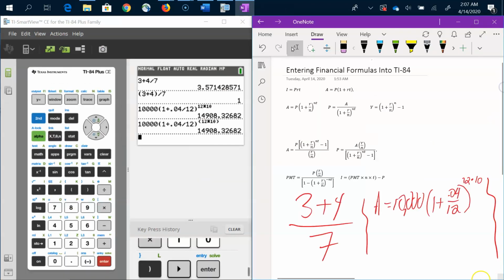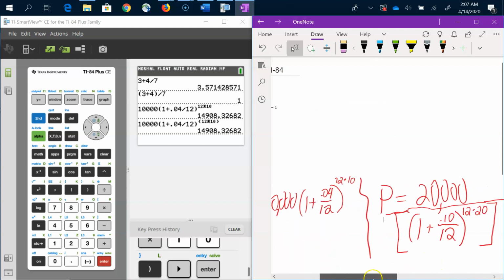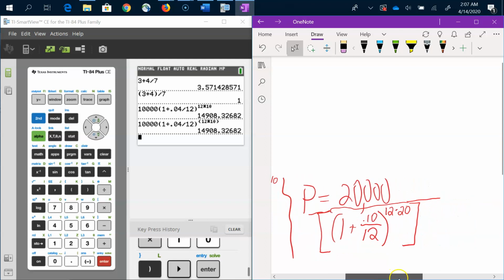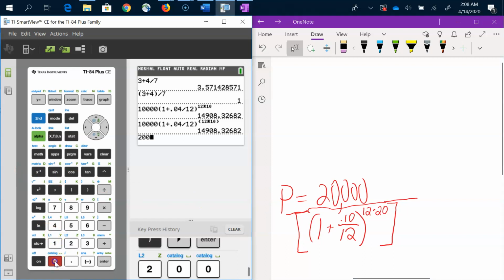Move this back over, and oops, let me see if I can center that without causing too much of a stir there. There we go. So I've got 20,000 as the first item. This would be a formula that you would use if you wanted to save to a future amount. So this is how much do you put in now, P, to get 20,000 in 20 years. So 20,000, that's the numerator. Divide by parentheses,